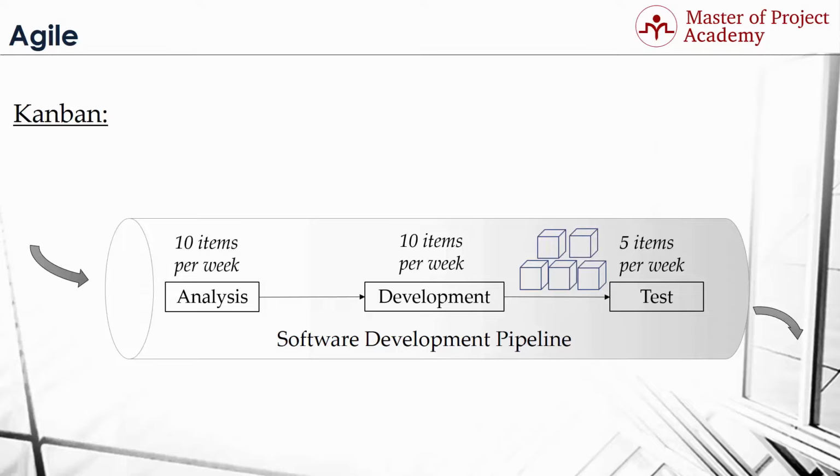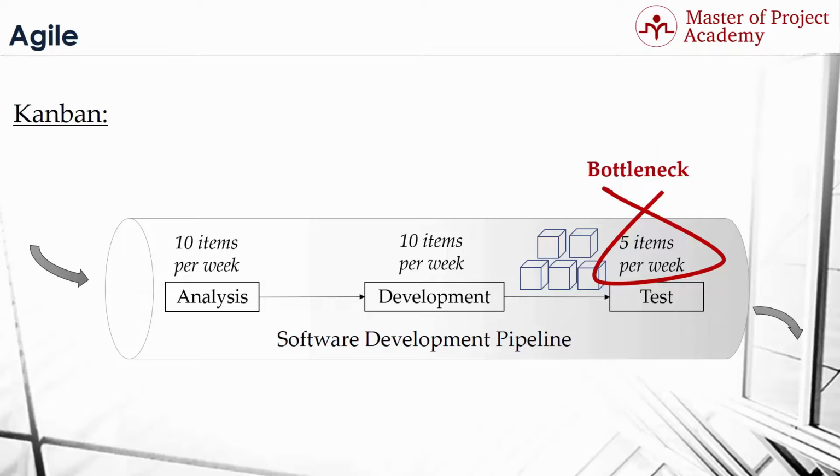The throughput of the team will be 5 items per week, because the testers are acting as a bottleneck in this scenario. If the analysts and developers aren't aware that the testers are the bottleneck, then a backlog of work will begin to pile up in front of the testers. The effect is that lead times go up, and, like warehouse stock, work sitting in the pipeline ties up investment, creates distance from the market, and drops in value as time goes by. Inevitably, quality suffers. To keep up, the testers start to cut corners. The resulting bugs released into production cause problems for the users and waste future pipeline capacity.